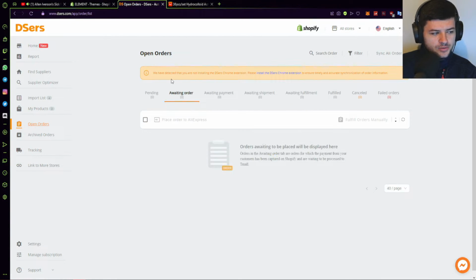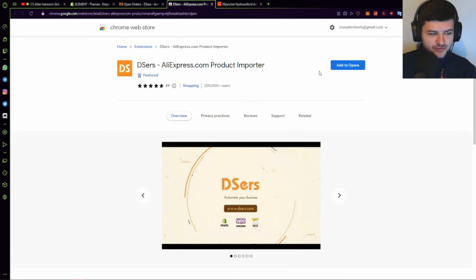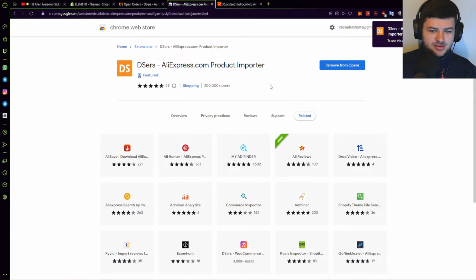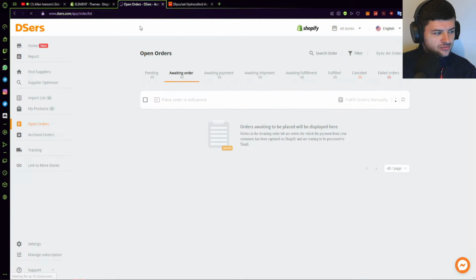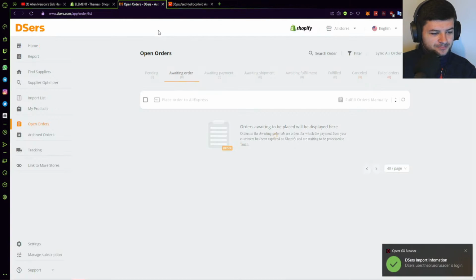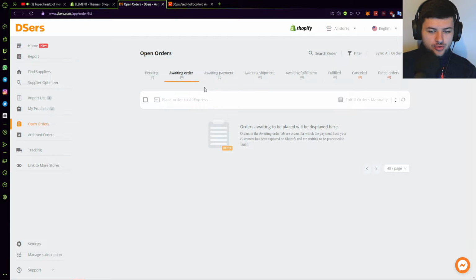It's easier. But in the open order section, you need to have order information displayed on here, and the way you need to do this is you need to install the DSers extension first of all. Now I'm using Opera. You can use the Opera browser or Chrome for this. It really doesn't matter, one of the two, because the Opera browser is a version of Google Chrome. And make sure that's installed, right? So now I'm just going to refresh this because we've got this installed. Now when you have orders, open orders